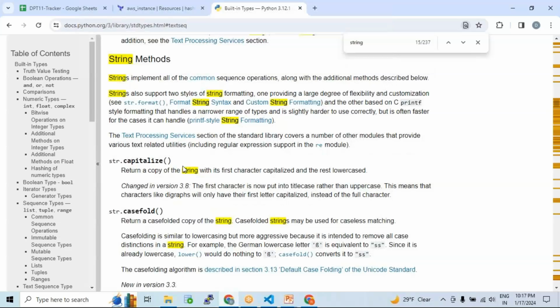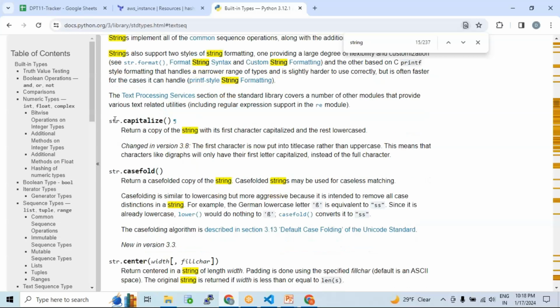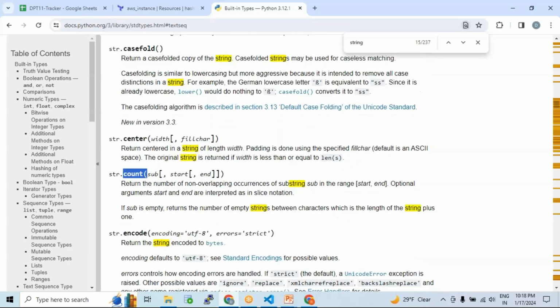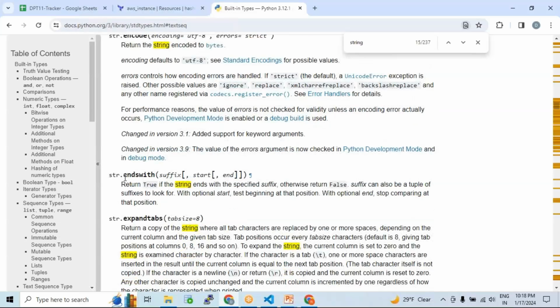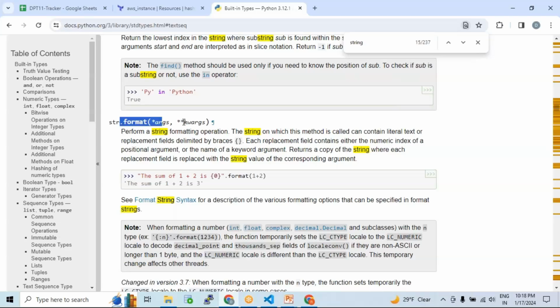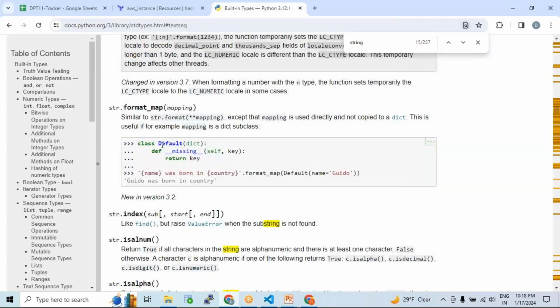Okay, so here you can see the different methods that we can apply on the string. String dot capitalize will convert your value into all capitals, right? String dot count will give you the count, right? String dot endswith will look for the string which is ending with so and so on, right? And it is just finding whether the given text is there in the string or not. This is just to do the formatting, and